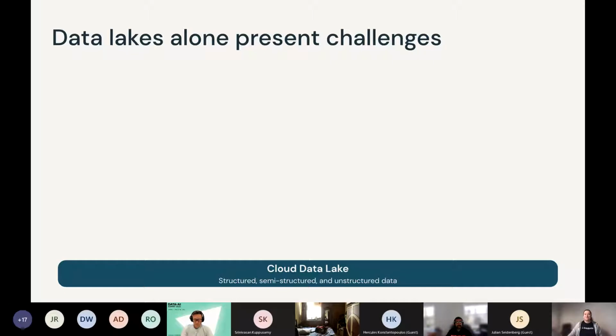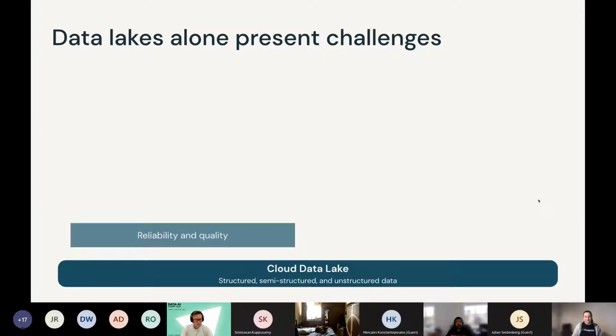It's great to start with, but it usually comes with some issues. First one would be reliability and quality. If you work with a pure data lake and Parquet files, you know how hard it is to keep it reliably up, because you have sort of schema on read. It sounds really great when you start, but as soon as you upload the wrong file in the wrong location and suddenly all your data is corrupt and can't be read, you see that it is not great.